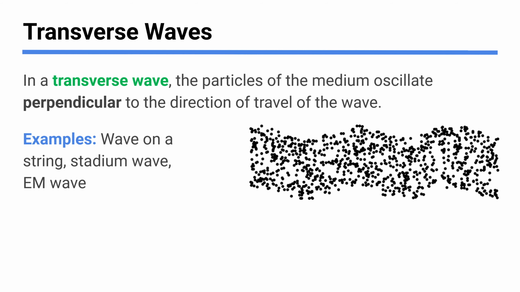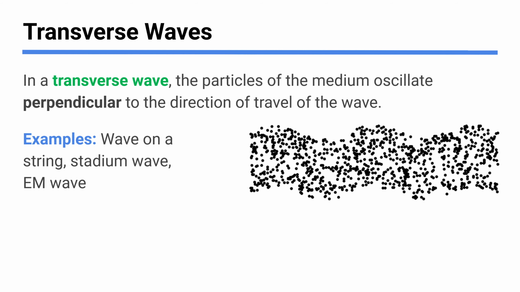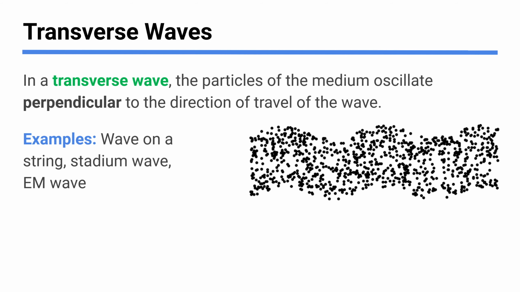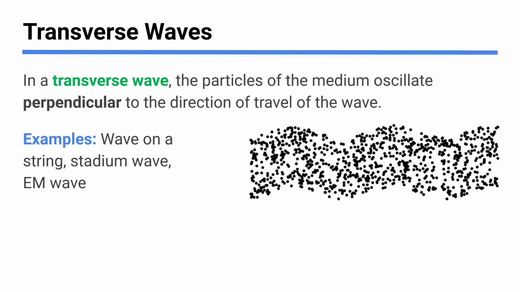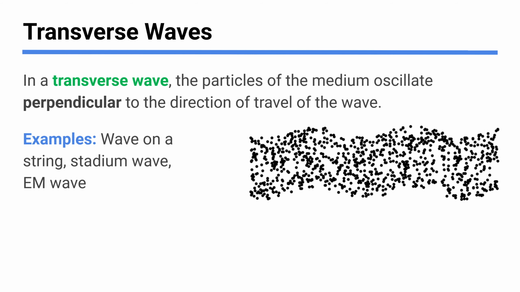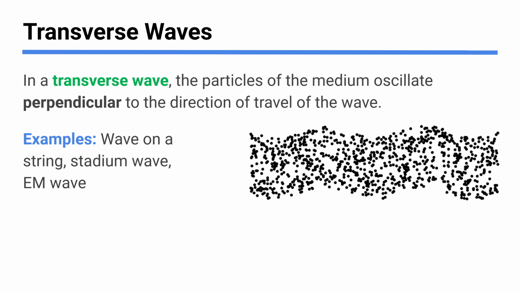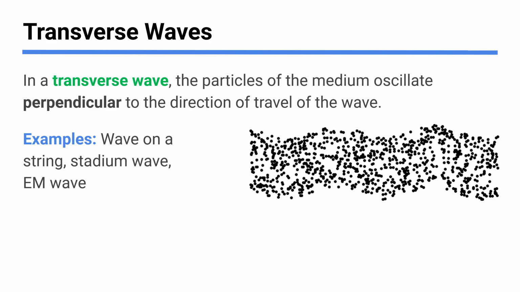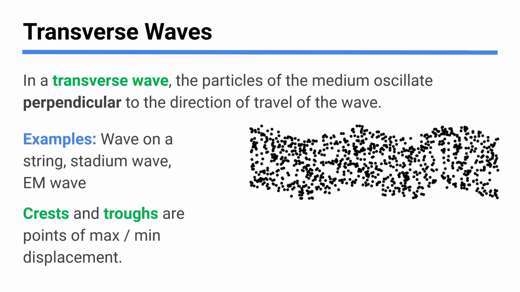A wave on a string or slinky is a good classic example of a transverse wave. A stadium wave, if you do the wave at a football game or something, that's a transverse wave, right? These dots could all be people standing up and sitting down, making an exciting wave through the stadium. Also an electromagnetic wave, an EM wave, is a big example of a transverse wave that we will talk about a whole lot, because that is light. We'll spend many lessons and units and have a lot of fun studying light and the specifics of the electromagnetic wave, but it is a transverse wave.